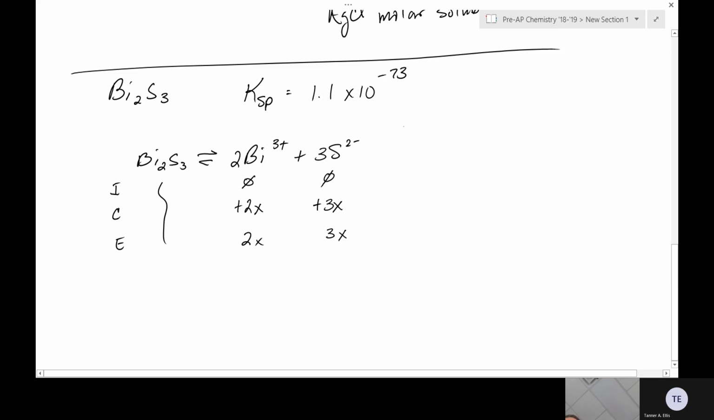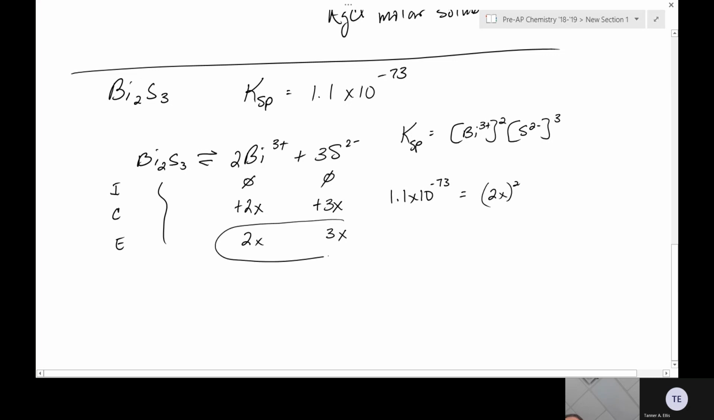All right. Always write your expression. So this one is concentration of bismuth ion squared times the concentration of the sulfide ion cubed. So 1.1 times 10 to the negative 73rd, which is really, really small, is going to be equal to 2x squared. Everybody with me? All I'm doing is plugging these values into my equilibrium expression now. Times